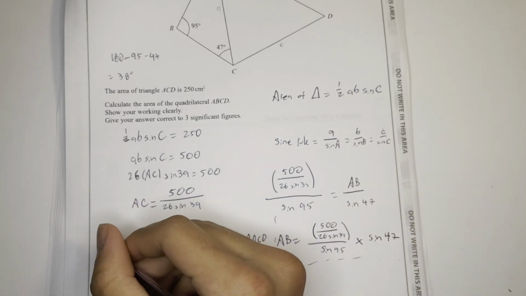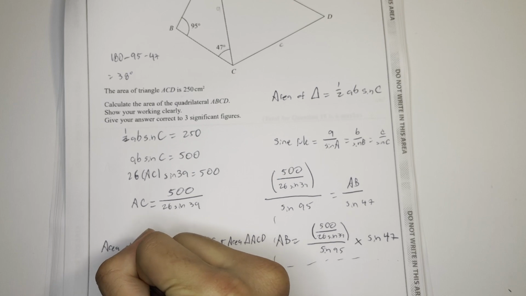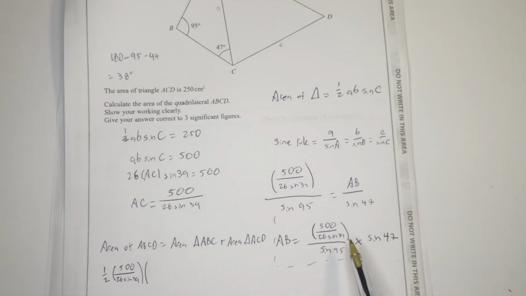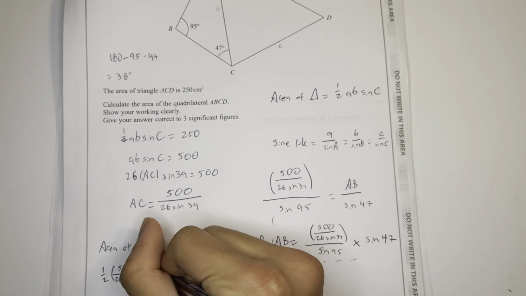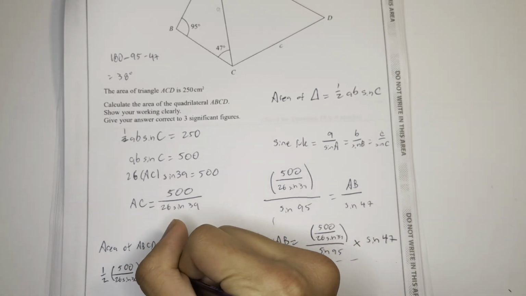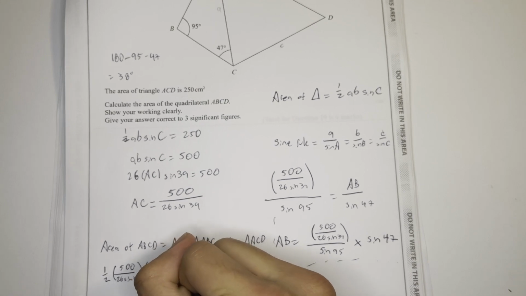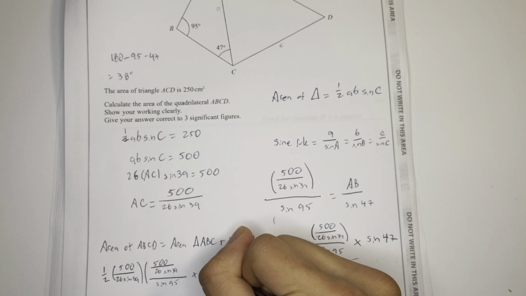So this would be 1/2 times 500 over 26 sine 39, times b, which we'll use AB for, which is 500 over 26 sine 39, all over sine 95, times sine 47,